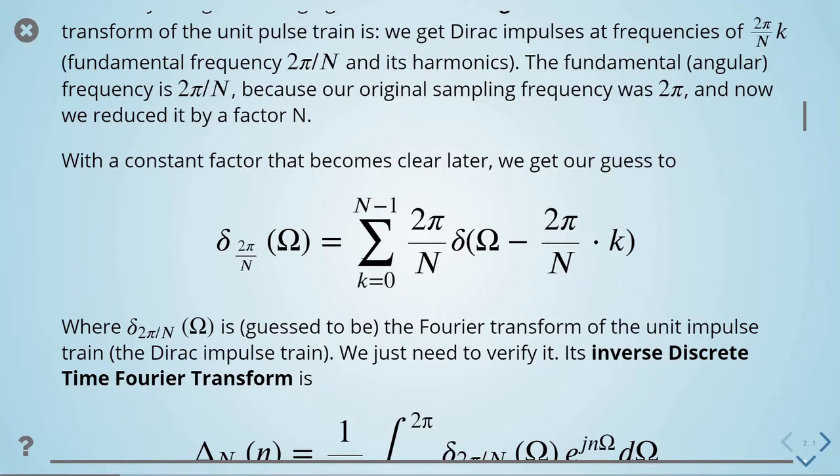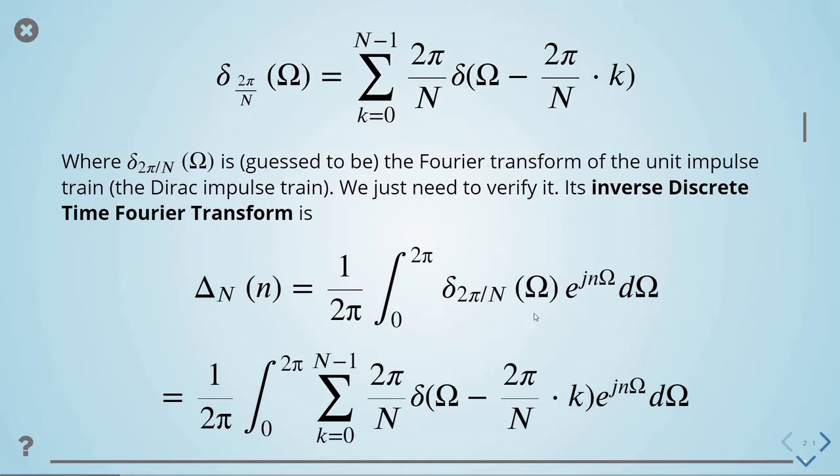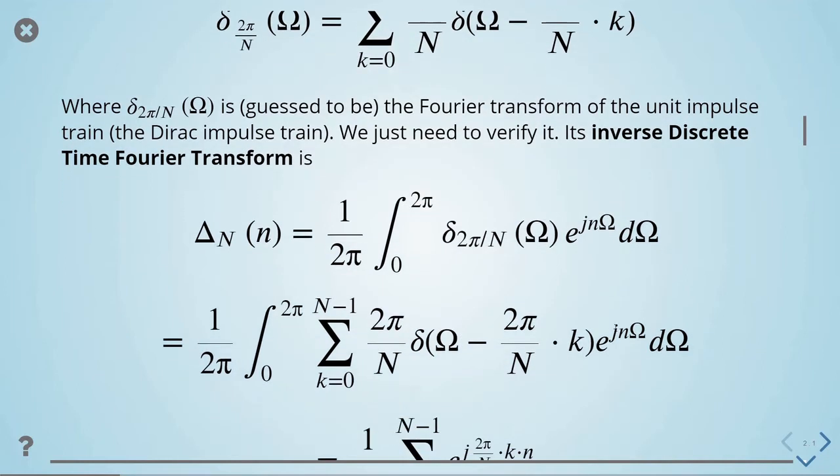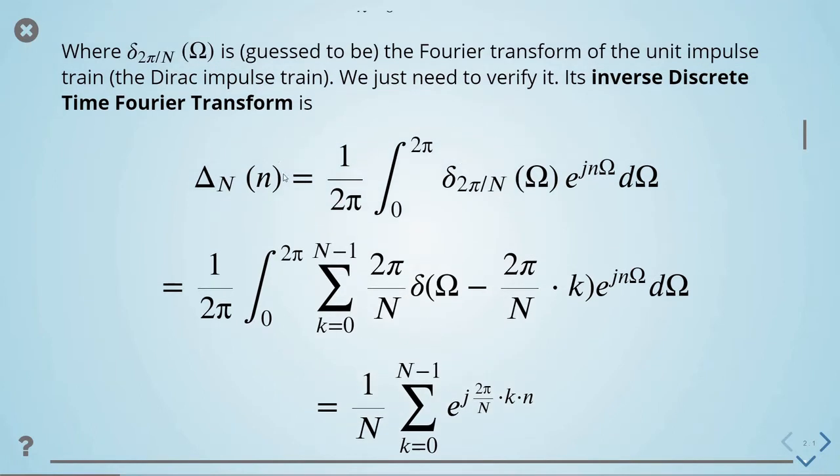So if this is the Fourier transform, we can take the inverse discrete time Fourier transform. So this is what we're doing here. We're taking the inverse discrete time Fourier transform. So this goes here, and this is the formula for the inverse transform. But this is equal to this, so we put this here, and it becomes this thing here. And when we solve this integral, we have this result here. So this is the inverse discrete time Fourier transform. So this is our